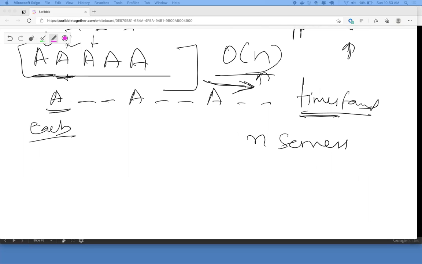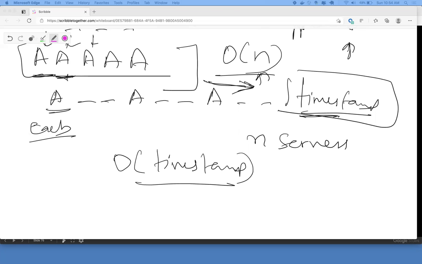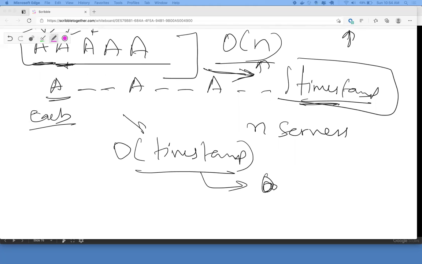What does time complexity mean? It's the worst case scenario. You have the timestamp, so it's O of timestamp. The timestamp is nothing but your total cooldown, or the total seconds it took for everything to complete. If you began from 0 and at the end you have, let's say, 18, you took 18 seconds to complete all the tasks. So your time complexity is 18.